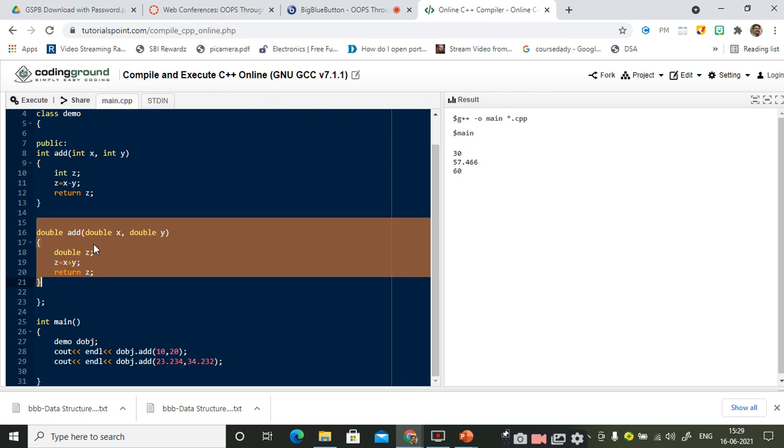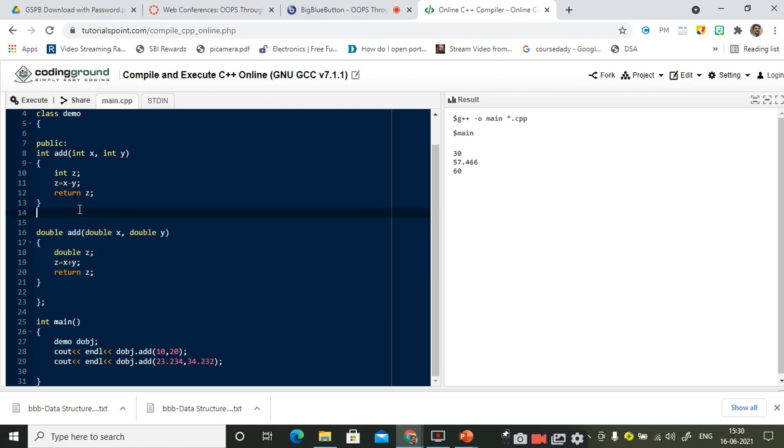Is there any method to avoid this type of repetition or not? Then they came up with one new programming concept which is called generic programming. So generic programming means it is a general program, right? This time what they are going to do is they are going to pass the parameters as the data type. What is that they are going to pass? They are not going to pass the variables, or they are not going to pass the values. This time they are going to pass the data types for the functions as the parameters, right? So such type of programming is called a generic program.